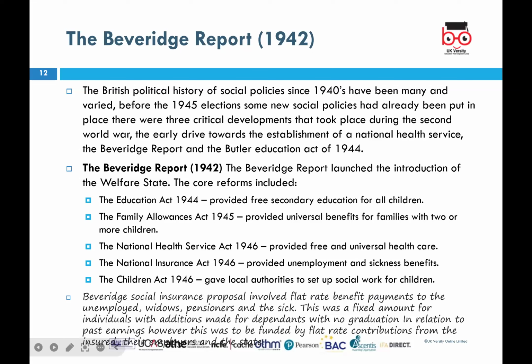So these are all there if you want to write them in your assignment. You had the Welfare Report in 1944, which provided free secondary education for all children. The Family Allowance Act 1945, which showed universal benefits for families with two or more children. National Health Service Act 19